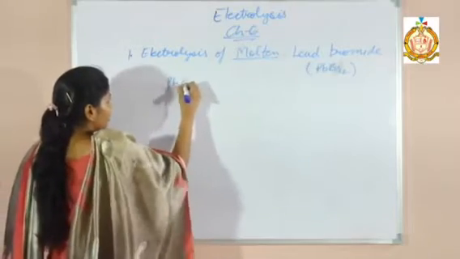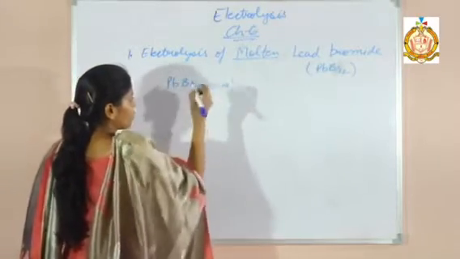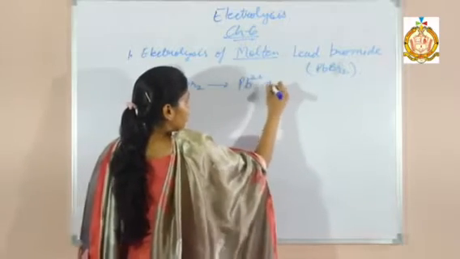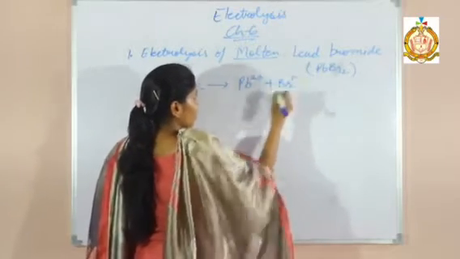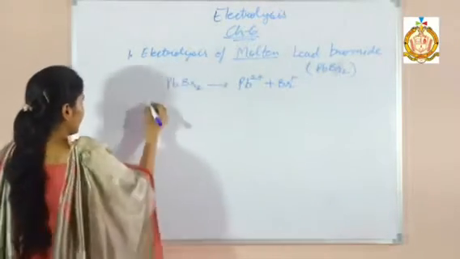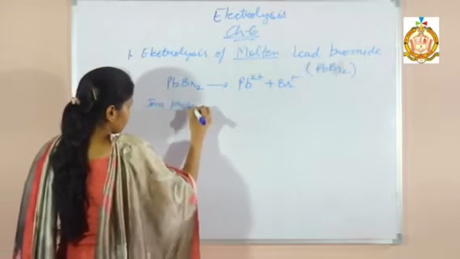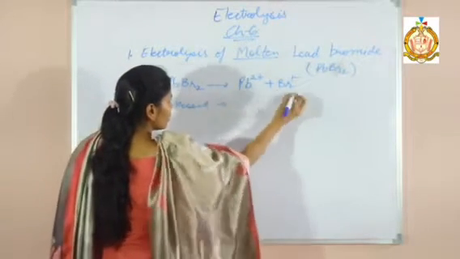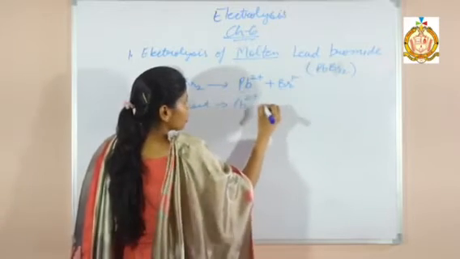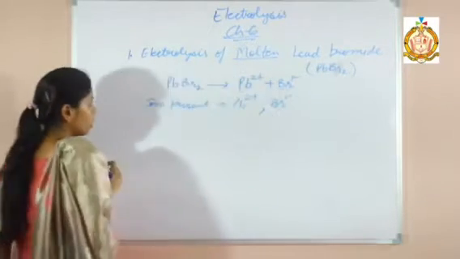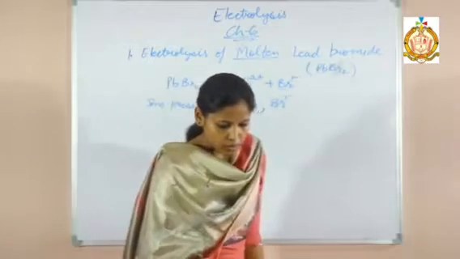Lead bromide, it will dissociate into, what is the valency of lead? 2 positive, and bromide Br 1 negative. So first we will write ions present. Which ions are present? These two, lead 2 positive and Br 1 negative. Second thing is that